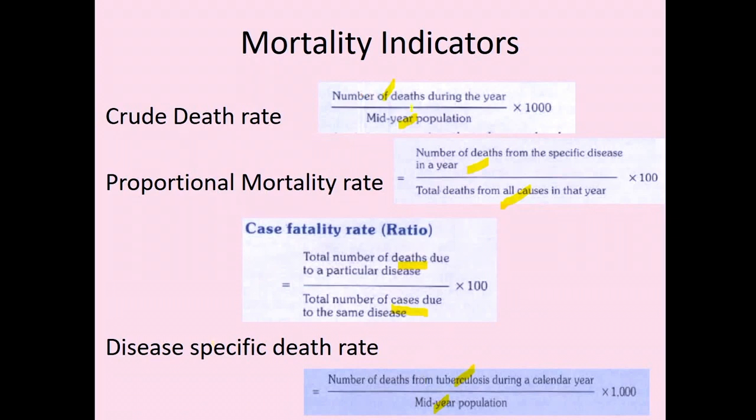Disease specific death rate will have the mid-year population as a denominator. Proportional mortality rate will have total deaths. Out of total deaths, how many deaths are contributed by the disease. For case fatality rate, it is total number of cases in the denominator and total number of deaths in the